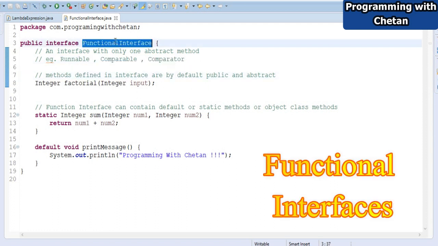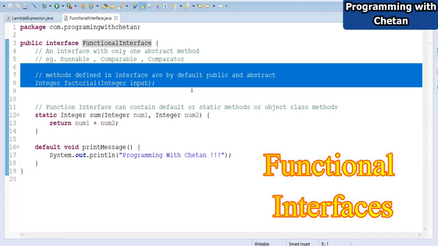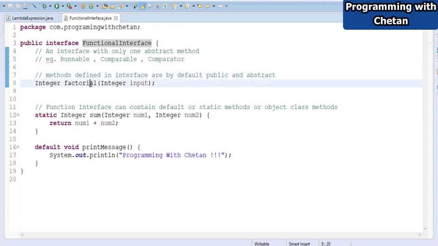Now let us discuss the functional interface which I have created, and going further we will discuss how we can provide the implementation of our functional interface's abstract method by using lambda expression. Here this is our abstract method, factorial, and it is accepting one input of type integer, and it will return a value of integer type.